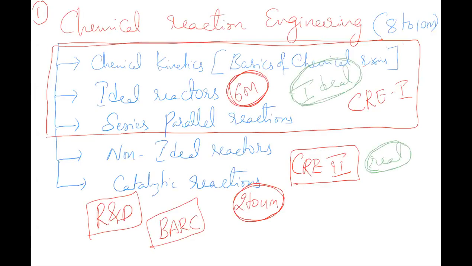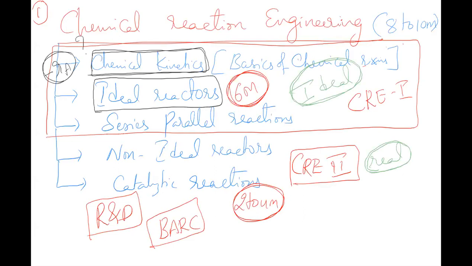Now let's stop and see what you do in the entire CRE course. If you come back, what do you do in chemical kinetics? In chemical kinetics, it is how to estimate minus RA. What is the rate of reaction is how to estimate minus RA. You don't talk about anything about reactors here. What you talk about is simply how do I calculate the rate of reaction? What do you study in ideal reactors? You will study CSTR and PFR, because these are the basic ideal reactors for the entire set of reactors.